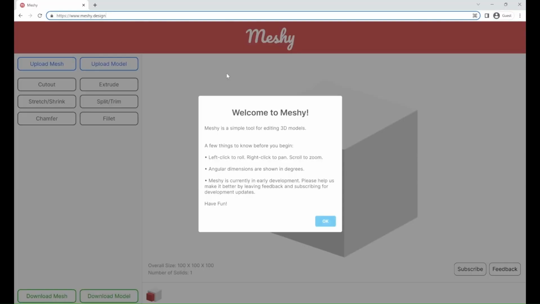Meshy is a simple online 3D design tool, and today I'm going to show you how you can use Meshy to design functional 3D printed parts. Let's get started. Alright, so here I am on my web browser and I've just gone to